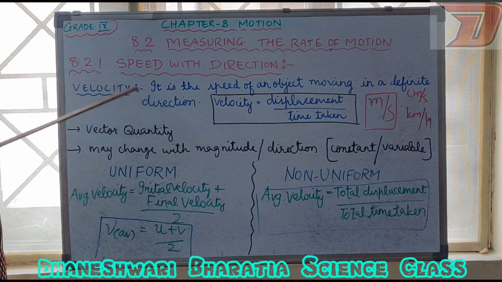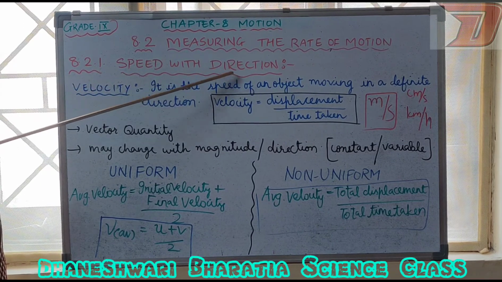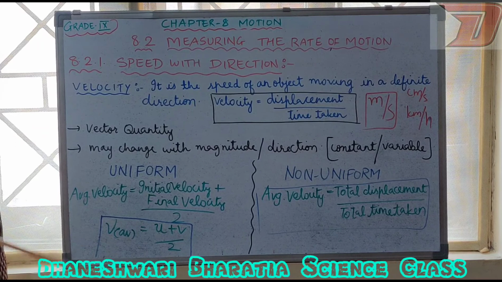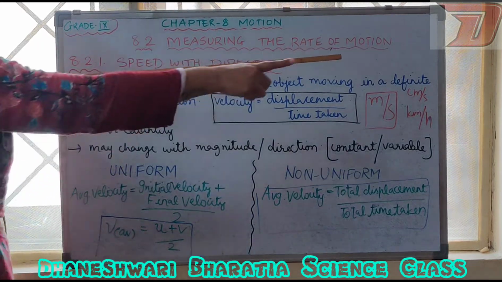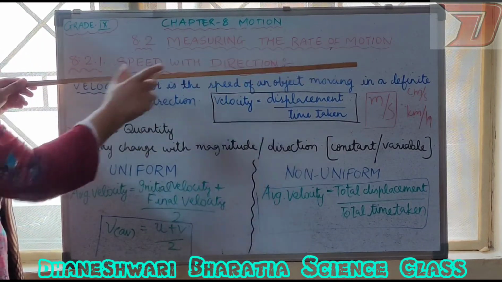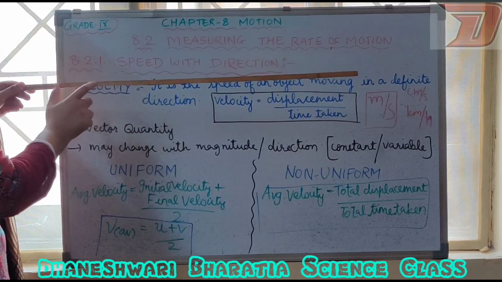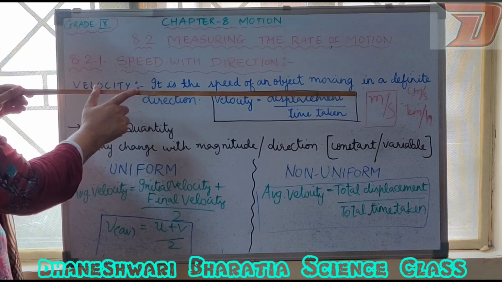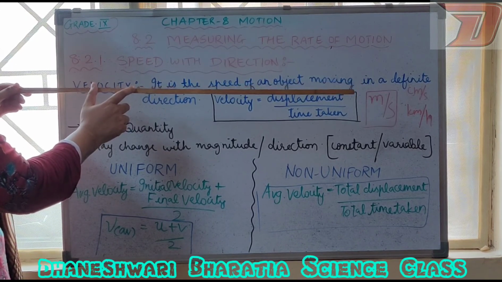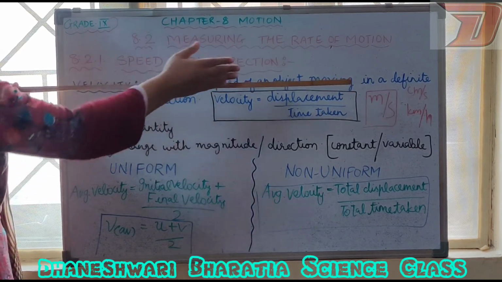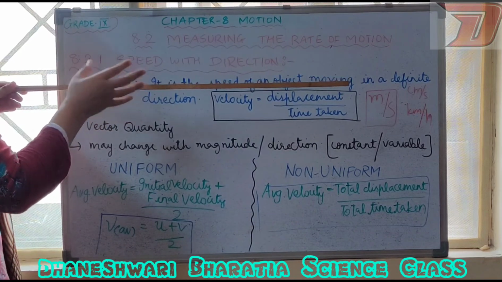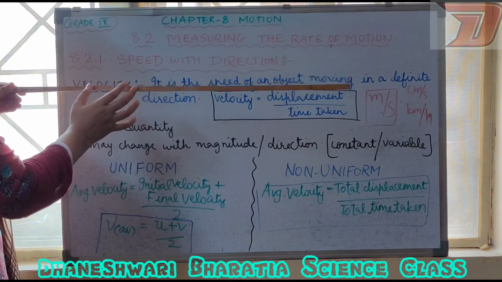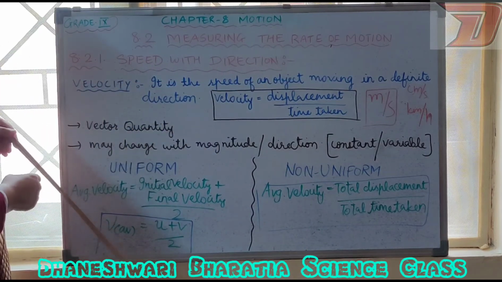Now let us discuss when we include direction along with the speed. That's what I want to ask, that if this is the road and on this road a car is moving. If suppose this is moving with 50 km per hour speed, right? But in which direction it is moving? It is moving towards the south direction, right? So when we include direction along with the speed, that will give us velocity, right?